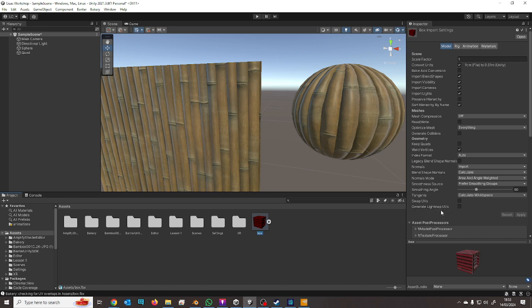I explained this last week. If you weren't here, I do apologise. There is a recording up on the Banter TV channel. Generate light map UVs in Unity is absolutely terrible, and I wouldn't waste my time with it. It does a really bad job. It doesn't use all of the UV space efficiently. You end up with way too much space and tiny islands, and you end up having to make them massive just in order to get good quality shadows, and you end up with totally bloated and massive light maps,